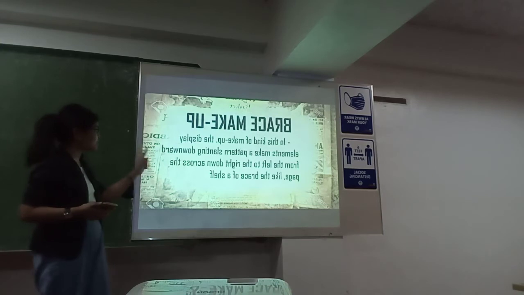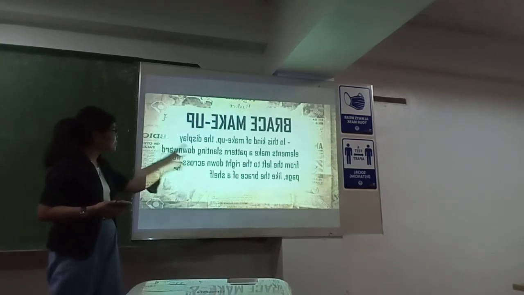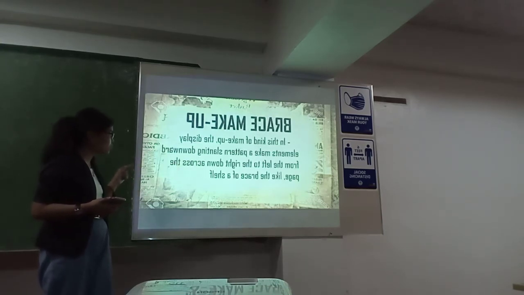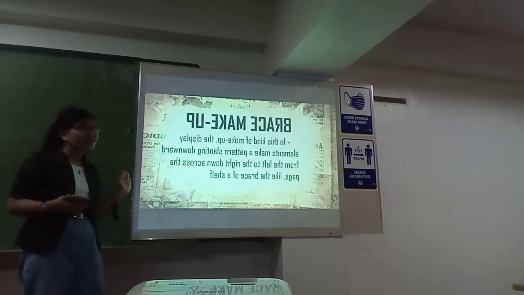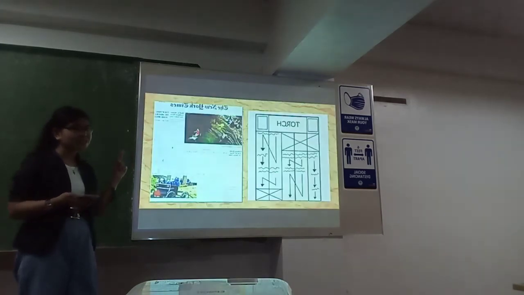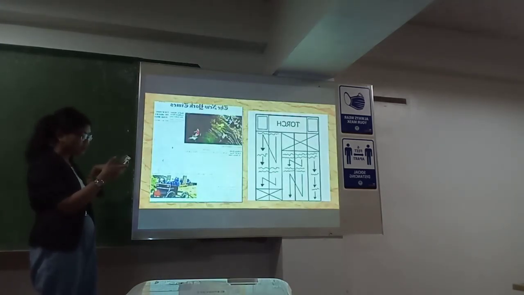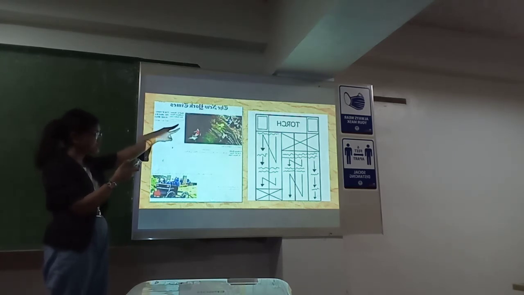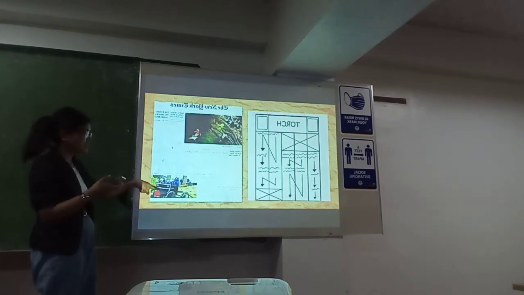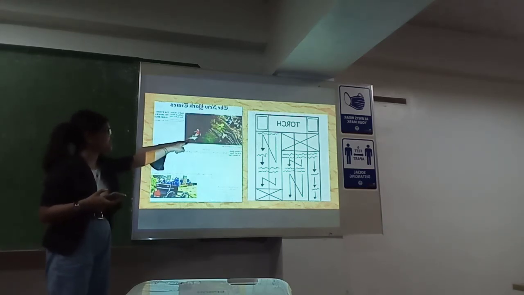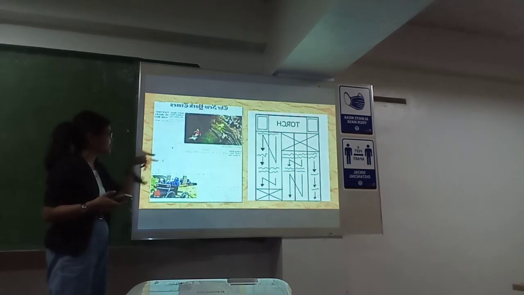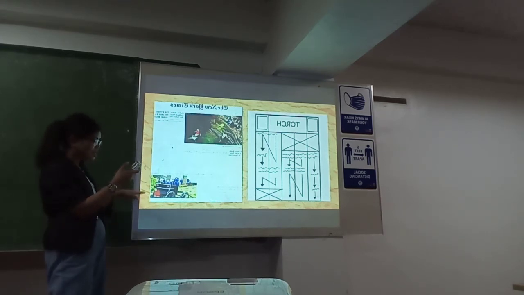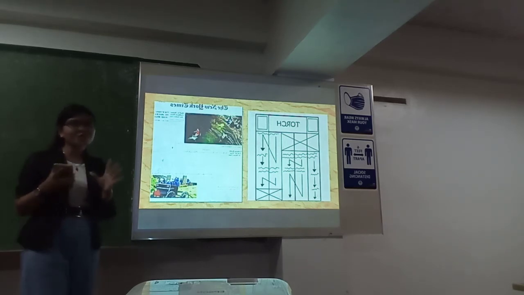Alright, so it says here that the display elements make a pattern slanting downward from the left to the right, down across the page like the brace of a shadow. So here's an example. As you can see here, it is like diagonally arranged from left to the lower right. Right? As you can see, there's a picture here from the left corner out and here to the lower right, or vice versa. And don't you know, class, that